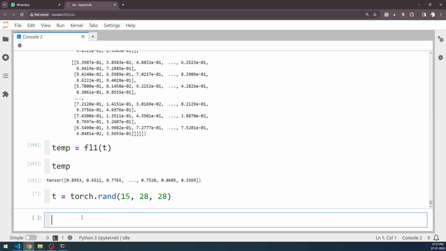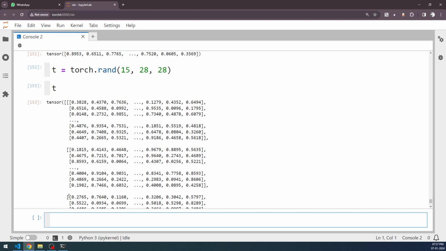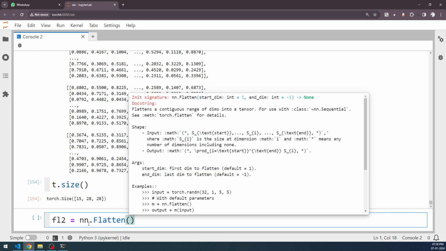Once you download such a picture into the Python execution environment, it will be like this. It will be full of pixels, and it will be of the size that you see here. So it will be of size 15, 28, 28. However, when you are going to use these pixels as features into your neural networks, you have to convert this into a single dimension. So in order to convert this, you can create fl2, flatten2, and you can call nn.flatten,